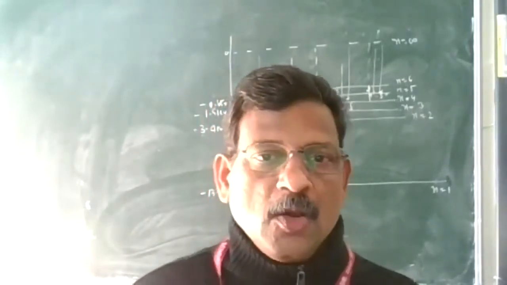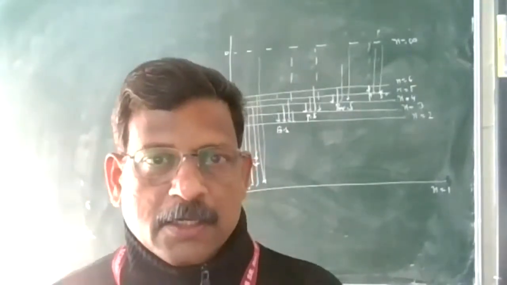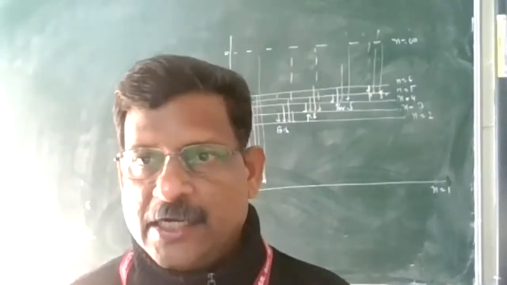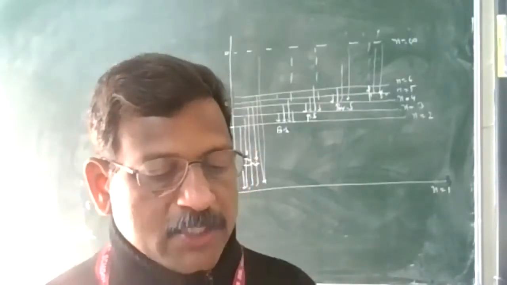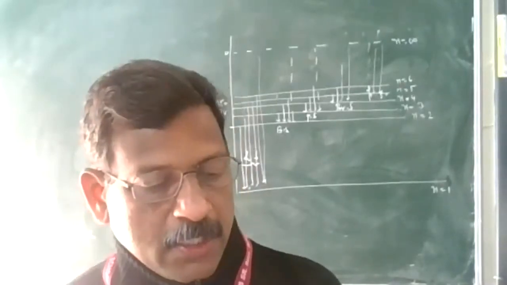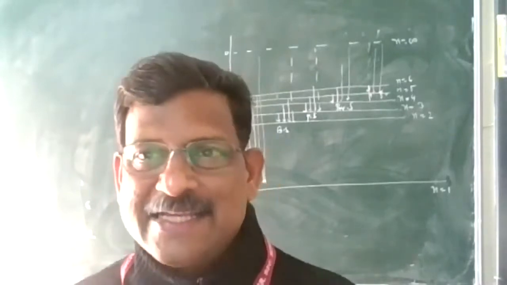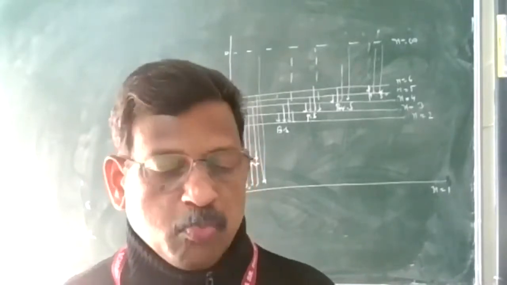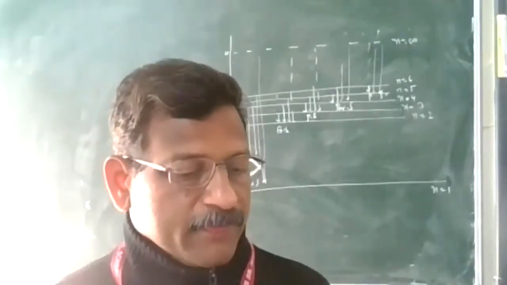Next we see what the limitations of Bohr's theory are. Bohr's theory is applicable only to the simplest atom, like hydrogen with Z equal to 1. It fails in the case where Z is greater than 1. Second, Bohr's theory does not explain why the orbits of electrons are taken as circular, whereas elliptical orbits are also possible. Bohr explained only with circular orbits.